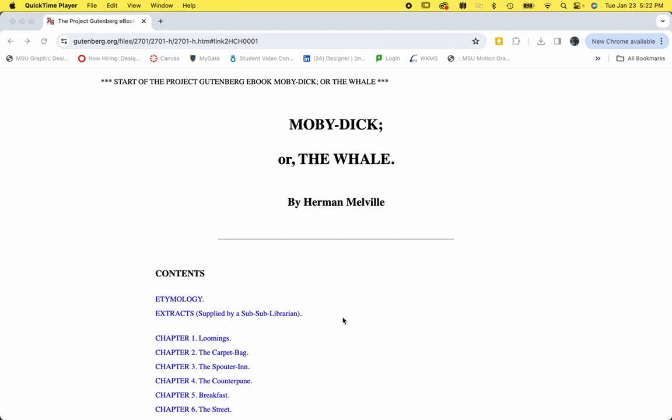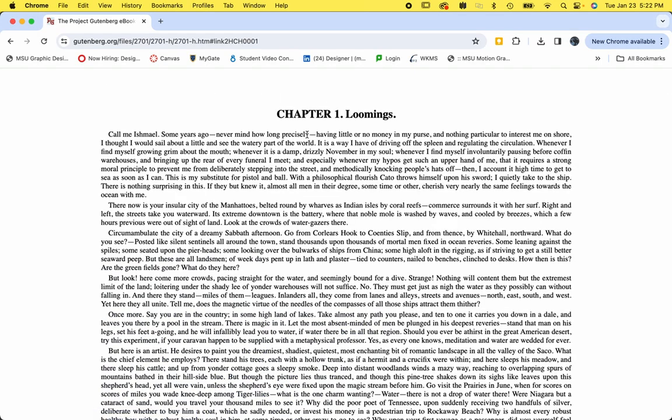We've got the outline of our document built, and so now we need to go back to Canvas to the project, and we're going to click the Gutenberg link, which will bring us to this page. It should go ahead and bring you to chapter 1, but I can click on it so it'll look something like this. It starts with "Call me Ishmael," and we're going to copy about the first 5 paragraphs,